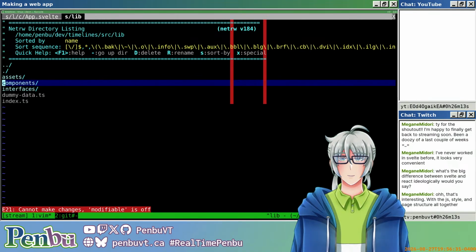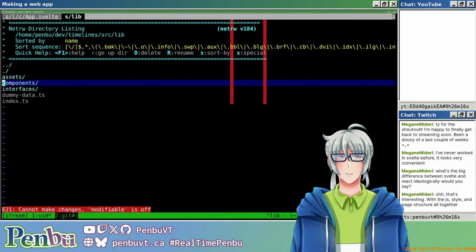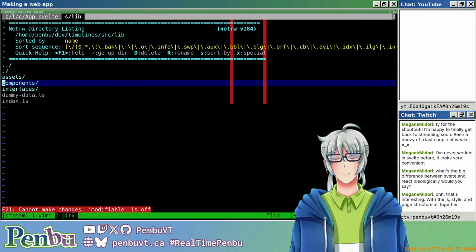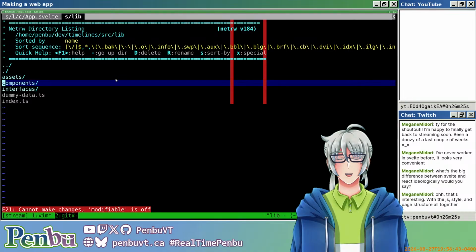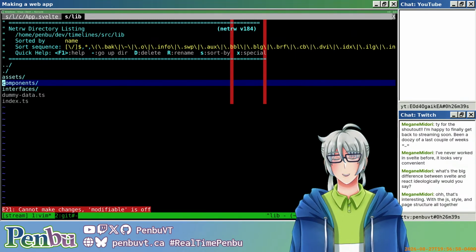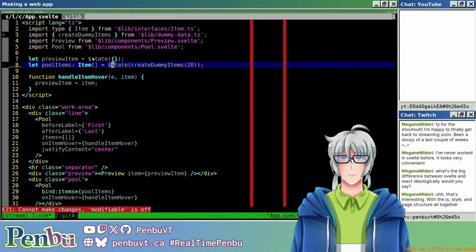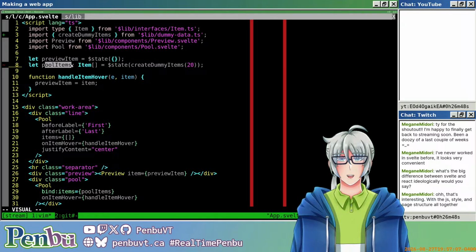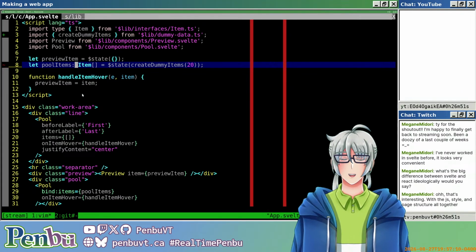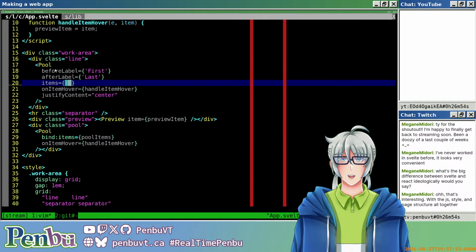So I think what it means is we'd have an observer listening to some sort of state, and the observer is going to persist that state to local storage. We need to find a place to put that state. It could live in app.svelte, because we do already have pool items. Actually, we'll need 3 things. We'll need pool items, we'll need something